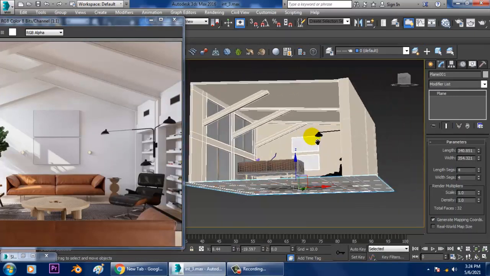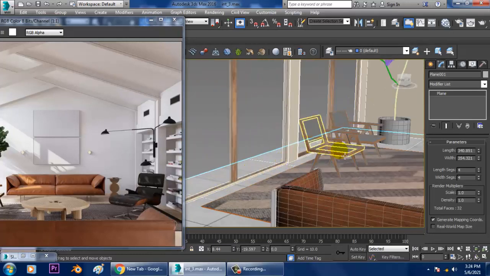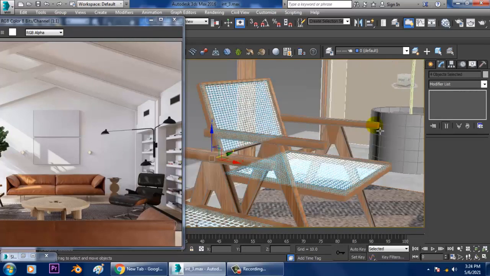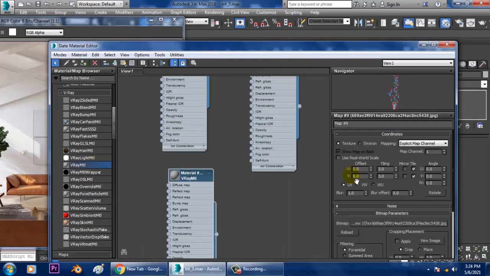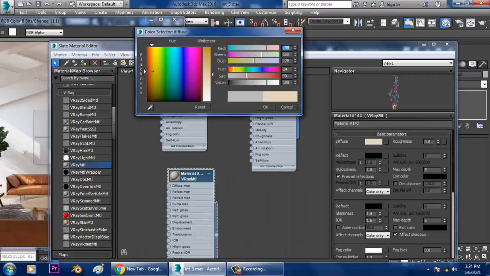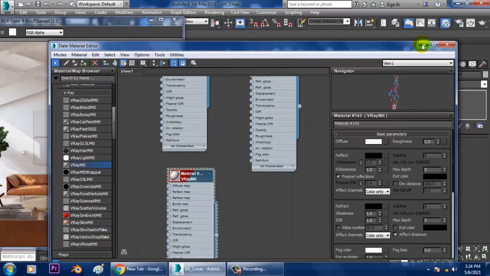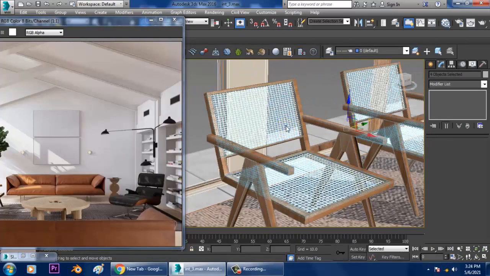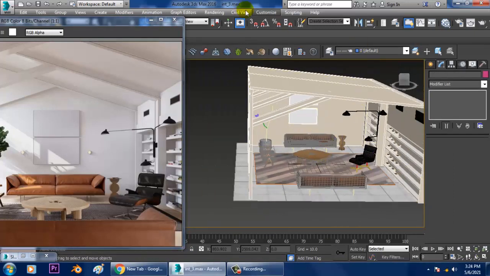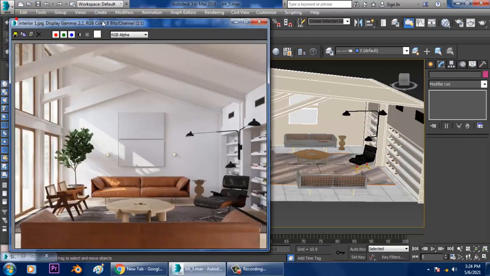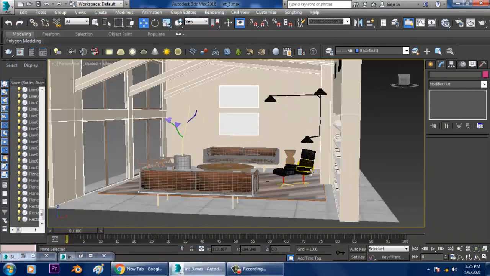Once you're done with this, now what we'll be doing is adding a few lights. Before that, I'll give one color to this. Take a V-Ray material and I'll slightly add a creamish color to it. Convert to poly. So how can you add lights? There are many ways. If you want to show a day scene, I can definitely add a V-Ray sun. So let's add one light over here.